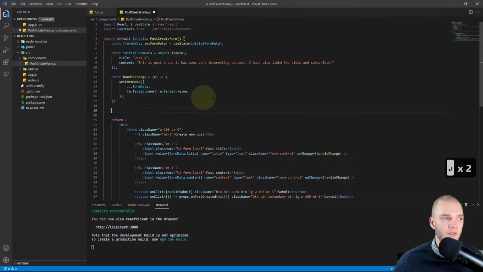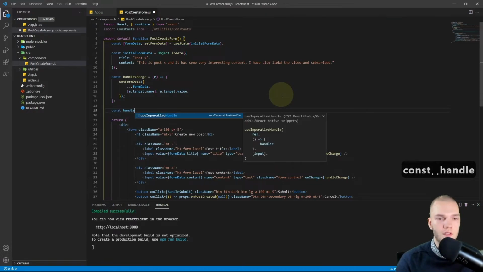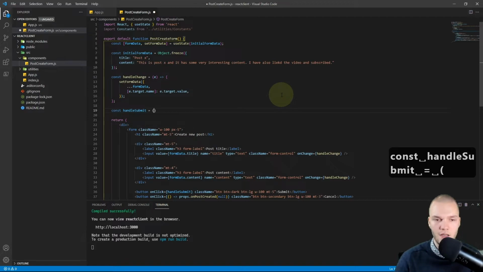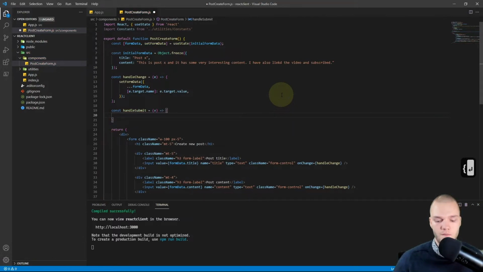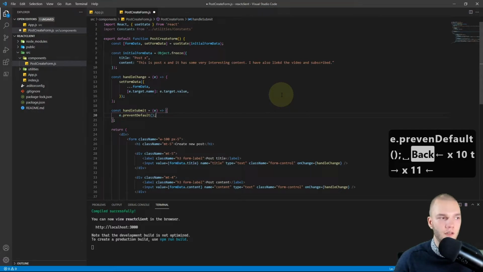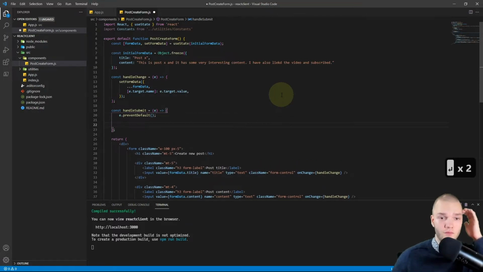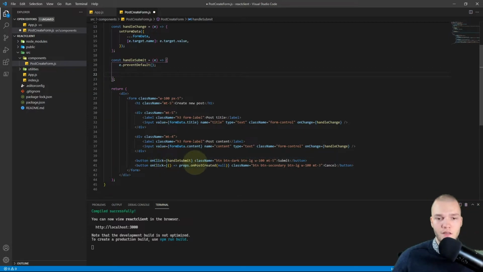Let's now do handleSubmit. So I'll do const handleSubmit, and again I'll do an anonymous function, and we're going to receive an event again, then an arrow and curly braces. I'll just add a semicolon at the end, and I'm going to call e.preventDefault, and that's gonna prevent the default action from happening when a form is submitted, and I think that is to reload and stuff. We don't want that. We're gonna handle the form submit ourselves.